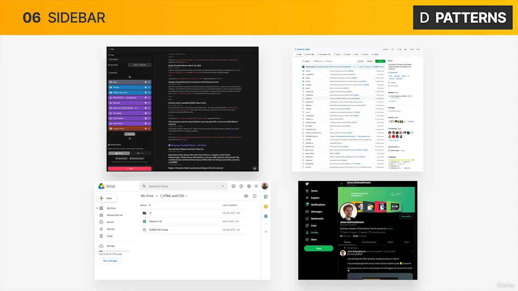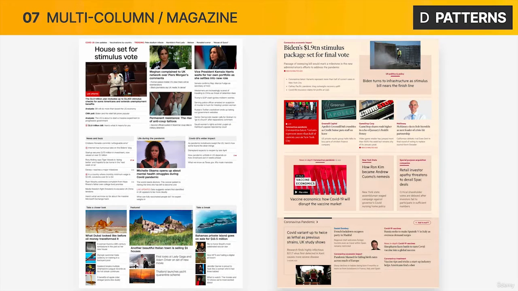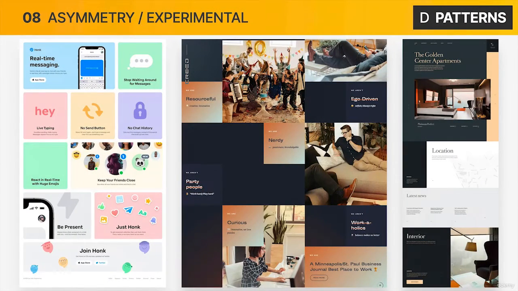Now we're almost finishing here. Next up, we have the multi-column or magazine layout. So this one is basically about combining different columns with different width into some kind of layout that I'm sure we're all familiar with. So basically to create some kind of more traditional magazine layout like these. And finally, we also have these more experimental or asymmetric layouts. So here we can use all our creativity in order to create some standout designs. So all of these are quite uncommon, but they will allow us to give our design some kind of different